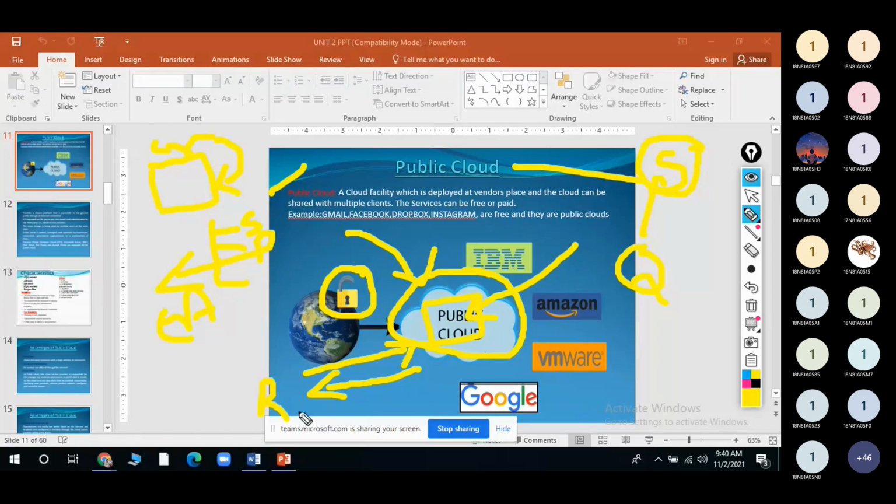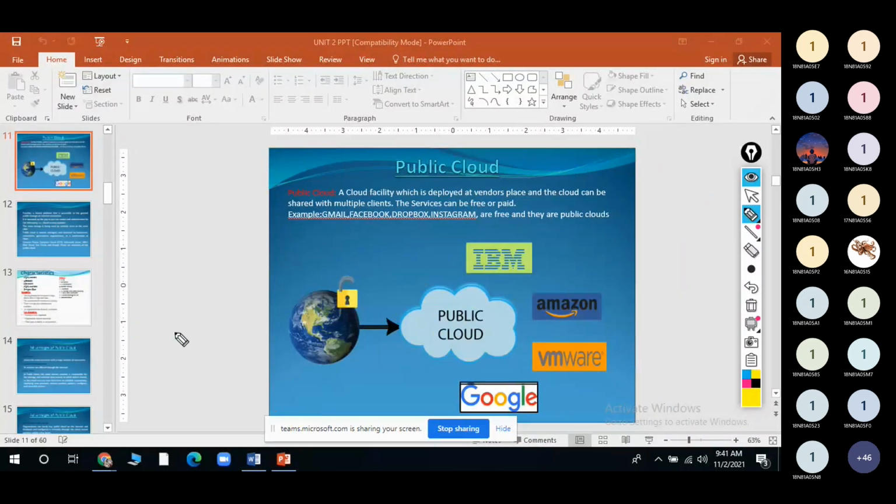I send a mail to the service provider: please remove my website, I don't want to maintain my website in your cloud, I can manage it on my laptop myself. Whenever the users increase, at that time only I will post it in the public cloud.